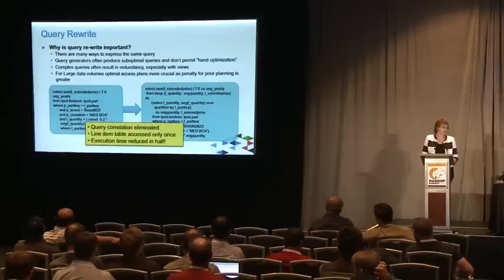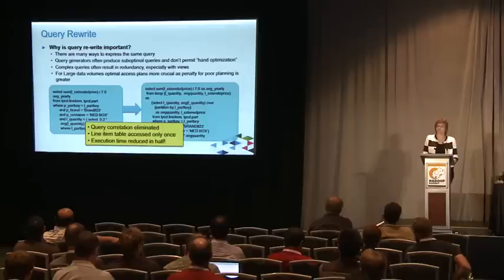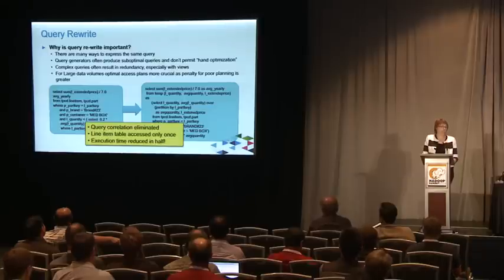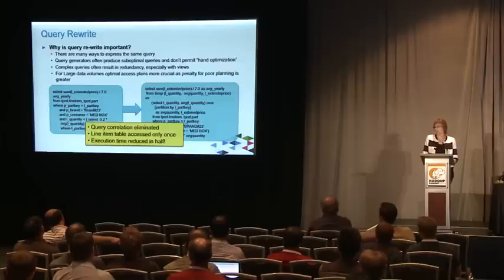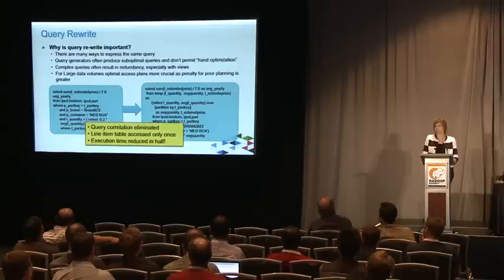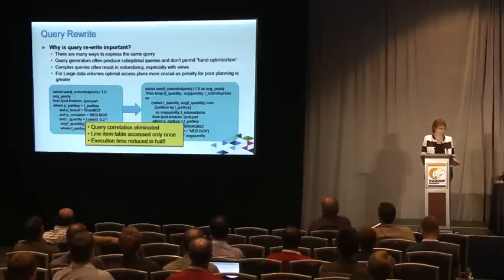In this example, you can see that's query 17 from TPCH. One of our query rewrites was applied automatically for this one. If you look on the left-hand side, you're going to see that the line item table, which is the largest table in TPCH, has to be read twice. After the rewrite, we eliminated the correlation, and it's only read once. So that, on its own, with this rewrite, we're able to cut the execution time in half. And that's really one of my favorite examples of a very smart rewrite that we have in Big SQL.